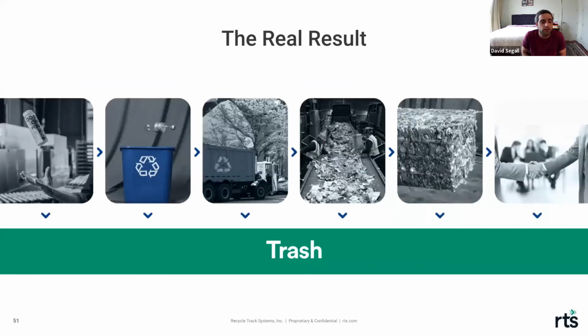So the real result, and I should have put here that those arrows at the bottom actually represent the waste, this can end up as trash at any of these points. And it's important, when you put something in the bin, it may never even stand a chance of recycling, because if a hauler is irresponsible, they may mix it with trash, and that's illegal in most places, but they may mix it and so not even give it a shot of getting